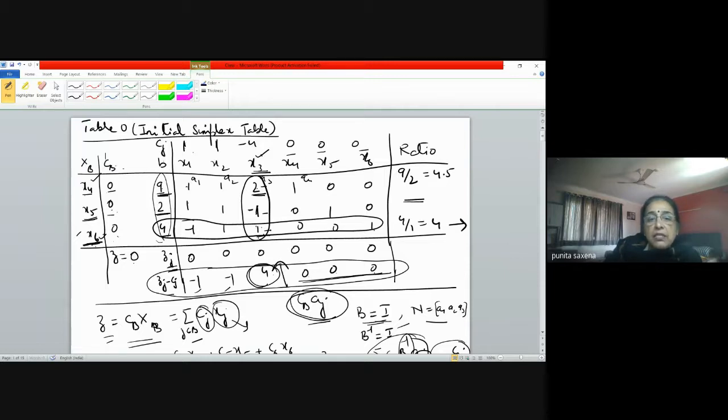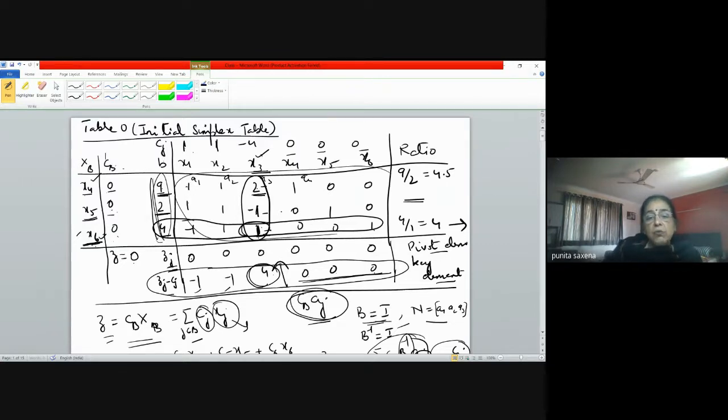So this element, which is at the intersection of the entering and the leaving variable, becomes what we call the pivot element. Some books also call it the key element. Whether you call it pivot or key, they mean the same thing. Now see, this is your right hand side. Whatever elementary operations we make on these rows and columns, the same have to be repeated here. And that is why at every stage, the values which your variables are taking will change.